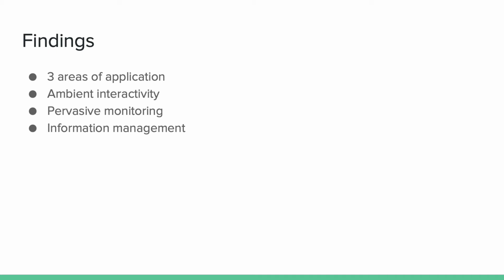They summarized their findings in 3 different areas of potential applications: ambient interactivity, pervasive monitoring, and information management. Ambient interactivity addresses 2 different issues. For one thing, that high ratio of dogs to humans makes it hard to give every dog sufficient attention and entertainment. So some kind of ambient interaction device, like a gamified food dispenser, could increase stimulation that you're giving to